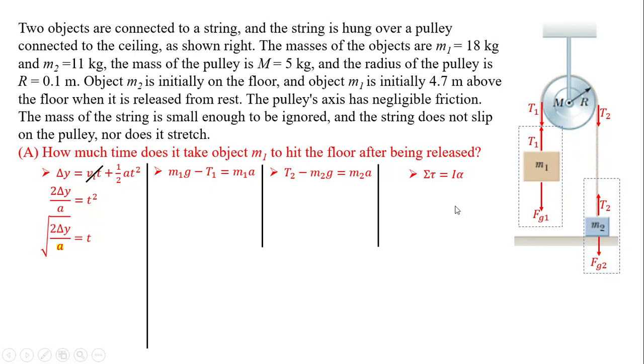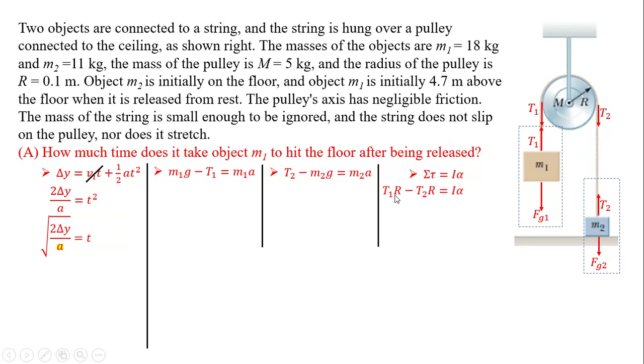Okay. So here I'm just going to set up net torque is equal to I alpha, but as you can see here in my diagram, T1, which will be larger, is going to cause the pulley to rotate in a counterclockwise direction, where my mouse is kind of circling in a counterclockwise direction there. So T1 will cause the pulley to rotate counterclockwise. However, T2 is acting against it, opposing it. So essentially, I'm just going to say